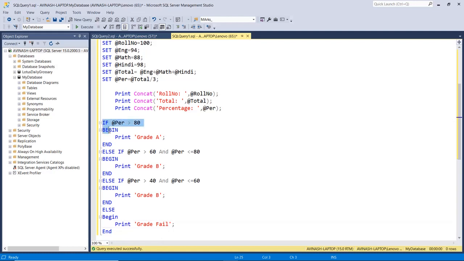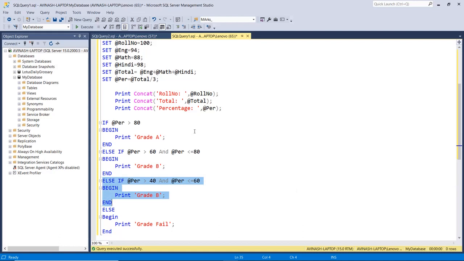So now we check the flow of this program. If this condition is true, then all these conditions are skipped. If this condition is false, then this will check this condition. If this condition is true, then all this part is skipped. If this condition is false, then check the next one. So this is the flow of the nested if else statement.